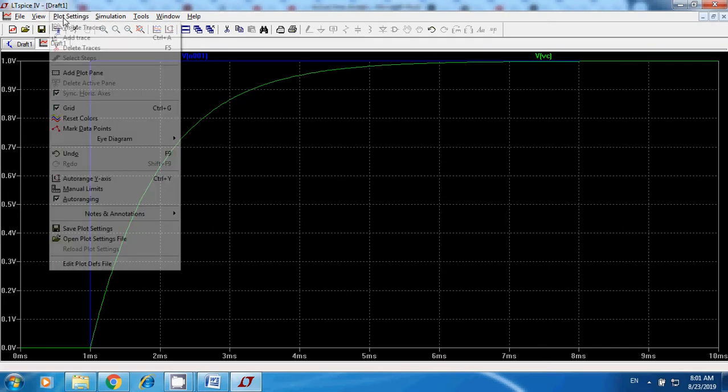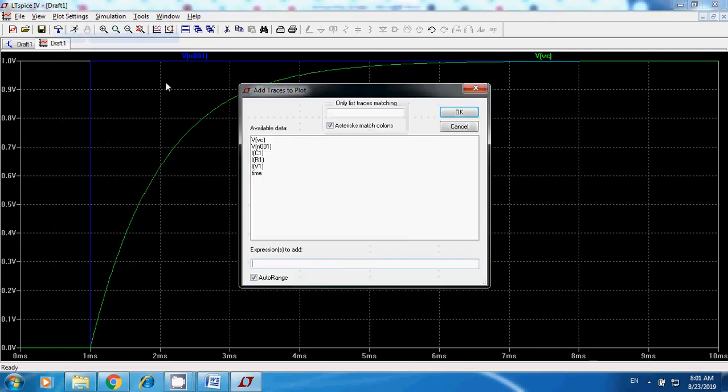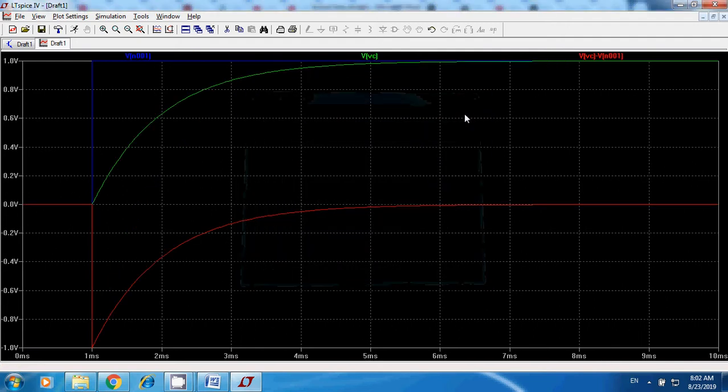And now you go to plot setting again, you go to address, and now you want to find the voltage drop across the resistor. So that means you have VC, the voltage drop across the capacitor, minus the input voltage, or V at the node N001. So you click OK, and then you're going to have the